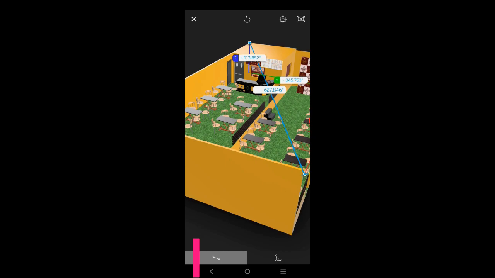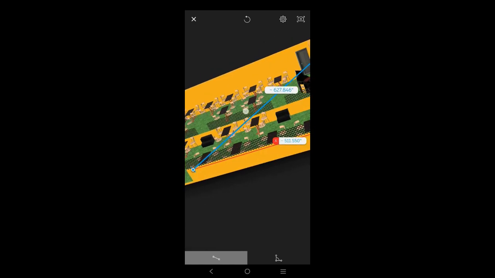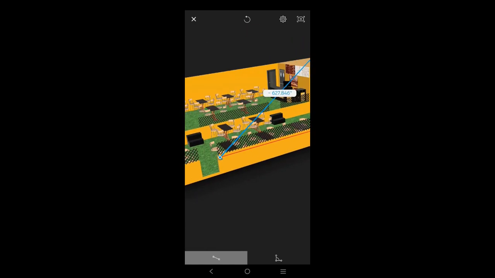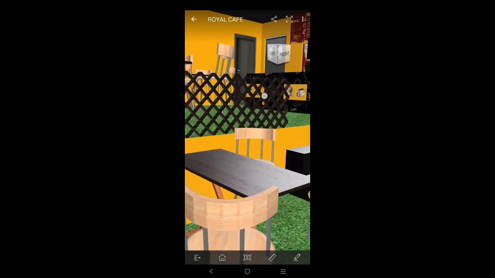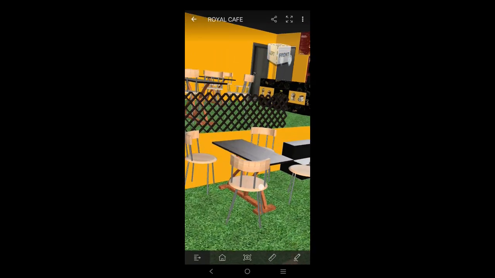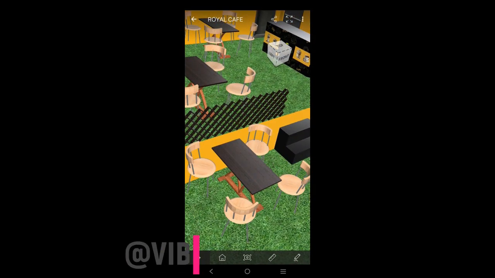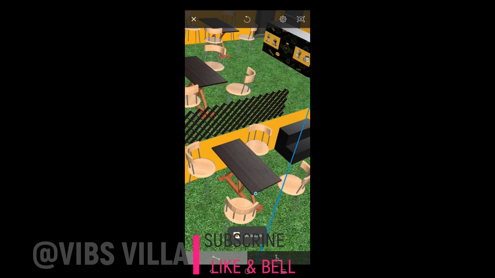As you can see our Z, Y and X values, by just measuring this table.